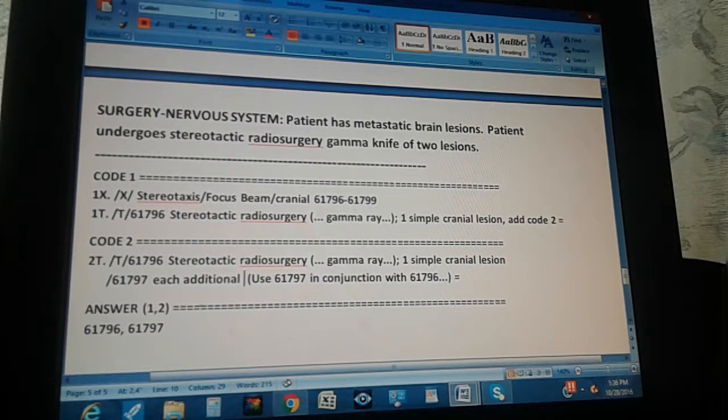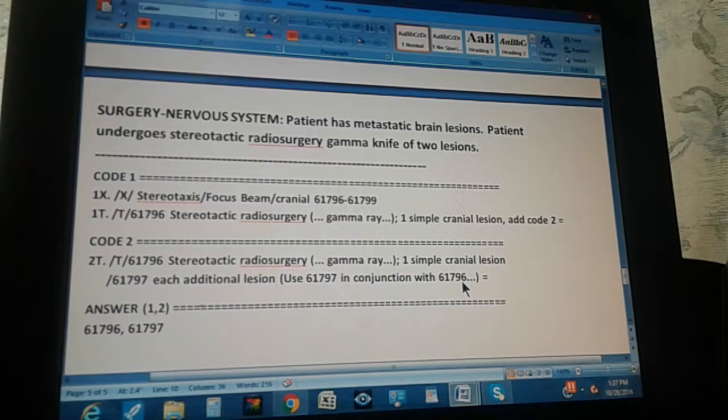So we have one more lesion because we have 2 lesions, so we have to use this code too, 61797. Yes, because the 61796 only represents the first lesion. The 61797 is the second lesion. So that's why we need 2 codes, and that's why the answer is these 2: 61796 and